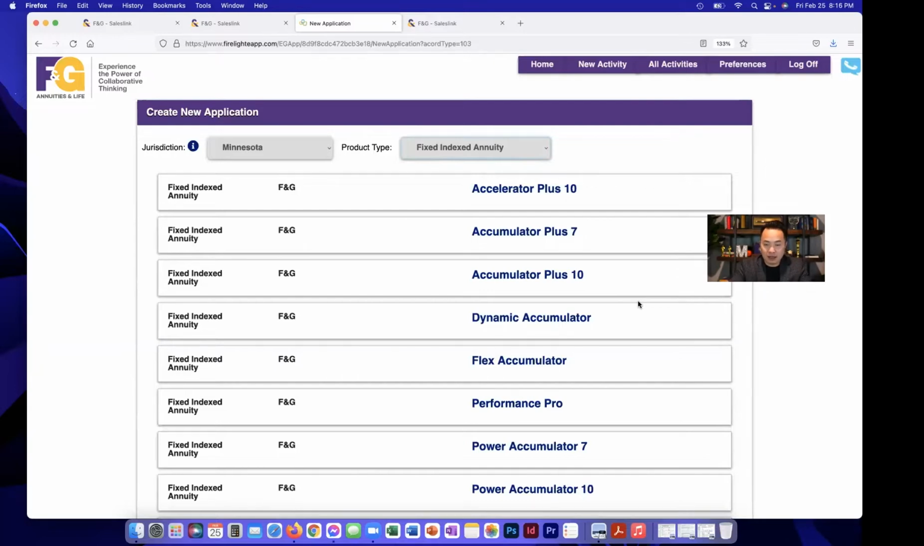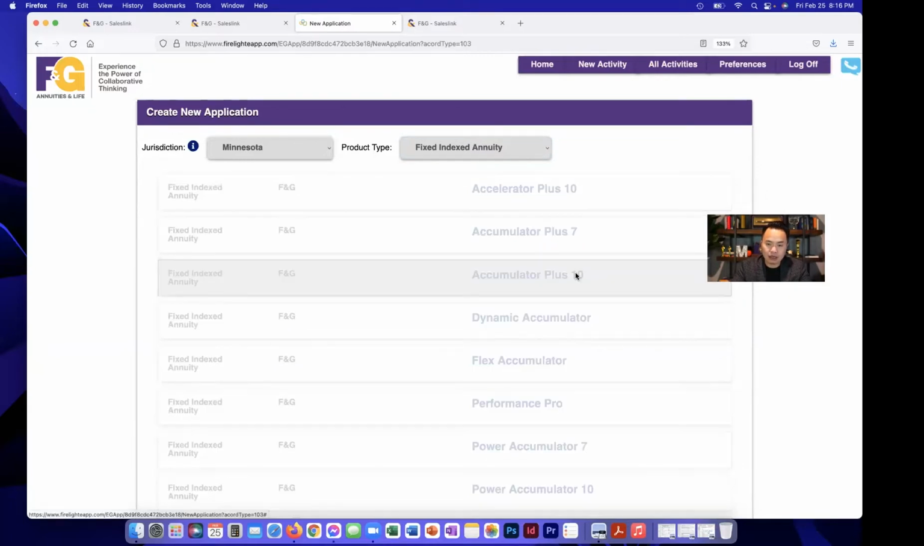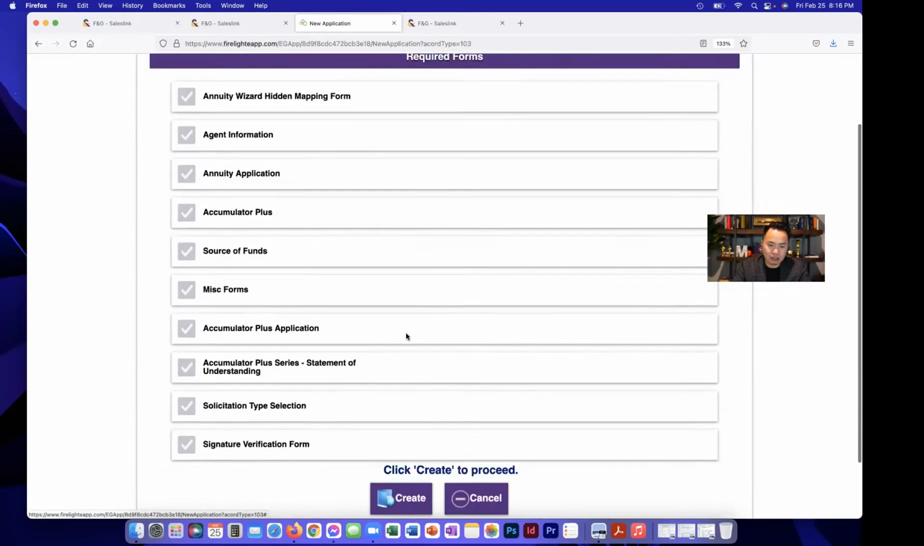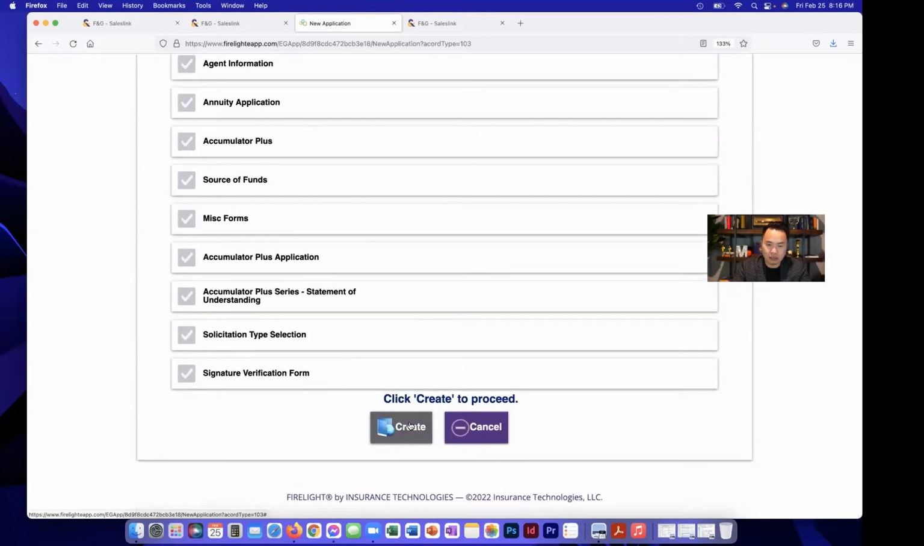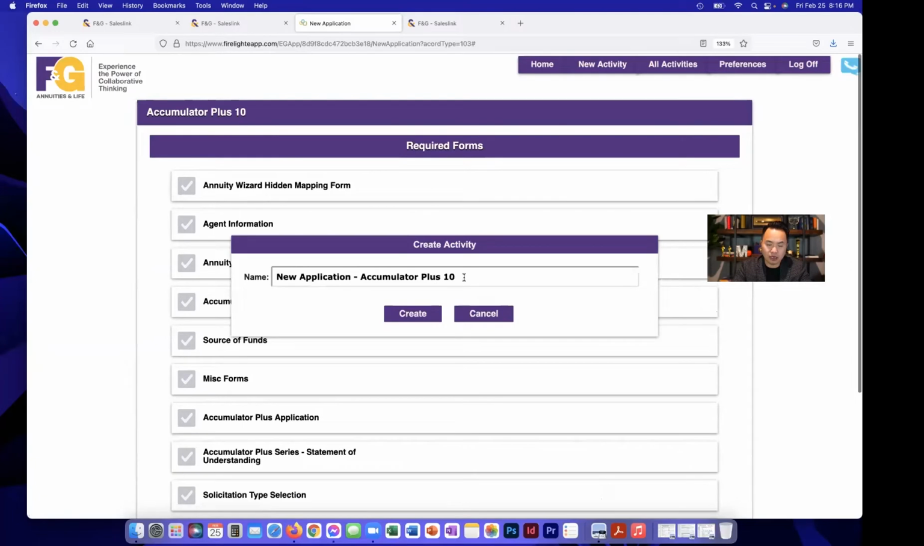So let's just go with somebody who is an accumulator plus. Okay, and again, you do the same thing here. You click create here. Okay, and you put the name here. Okay, so I already did all that. So to save time, we are going to go through the one that I created. Okay,